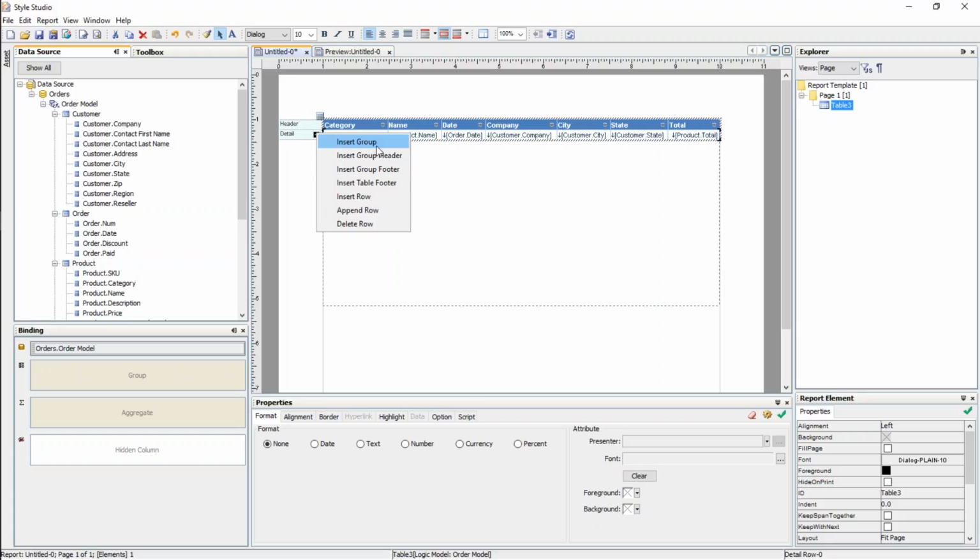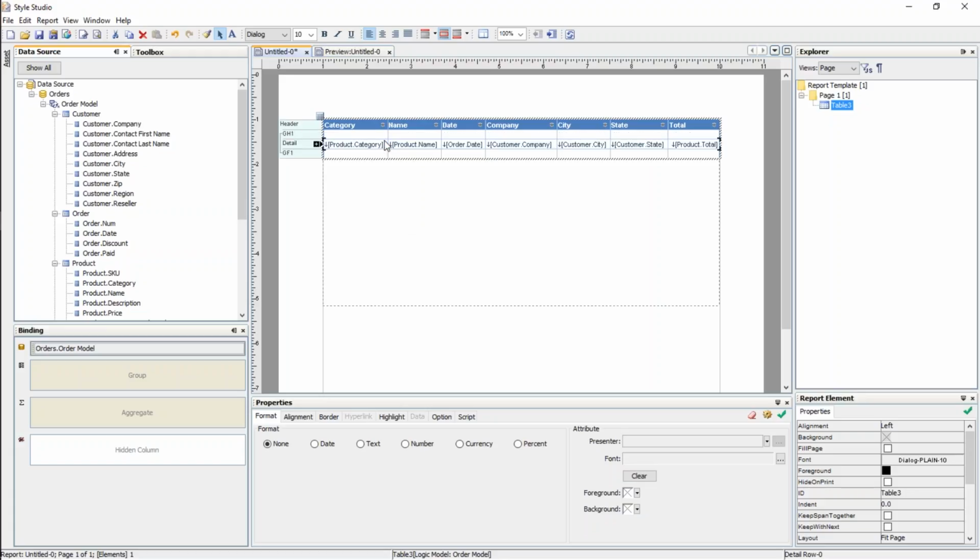Sometimes you just want the header, sometimes just the footer. In this case, I'll just say insert group, and that will give me both a group header and a group footer, which right now are blank. Right, so you can see I still got my detail row, but now I've got this grouping header and footer